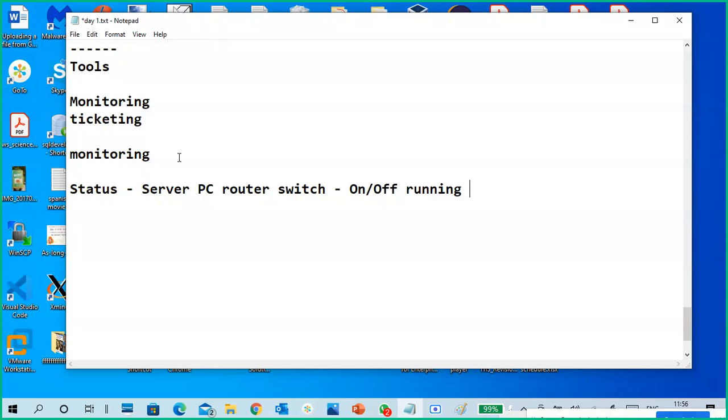This is called a running status. Are you seeing any running status kind of stuff? On or off.